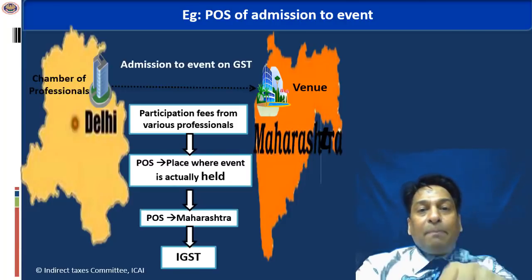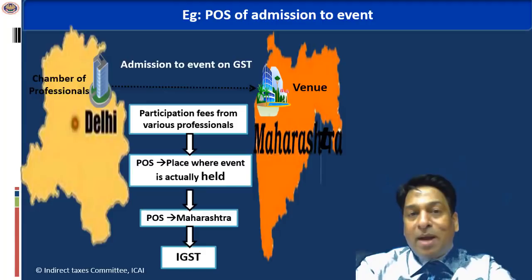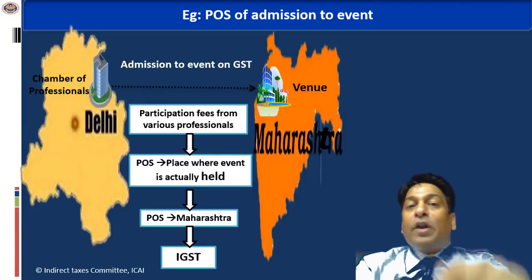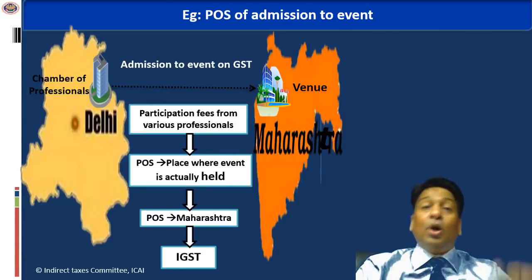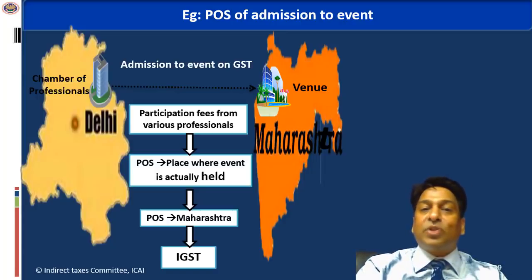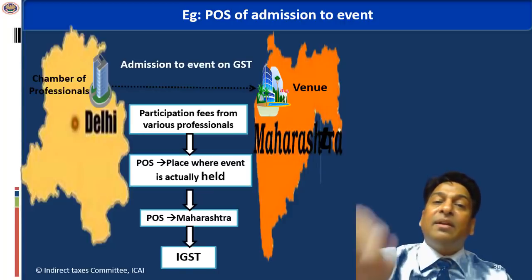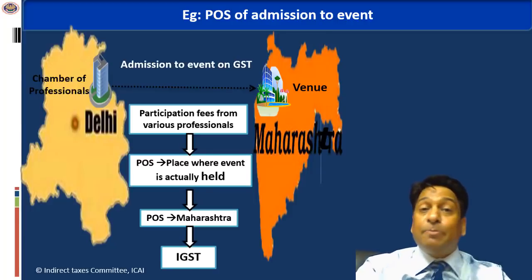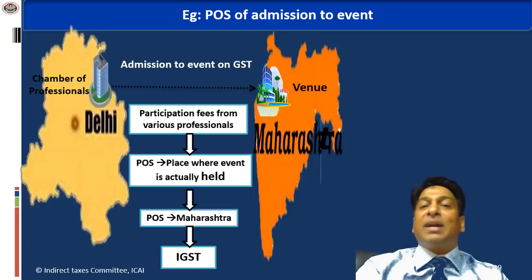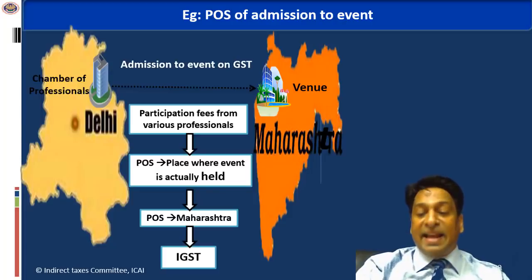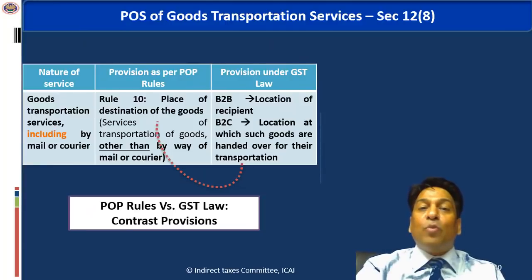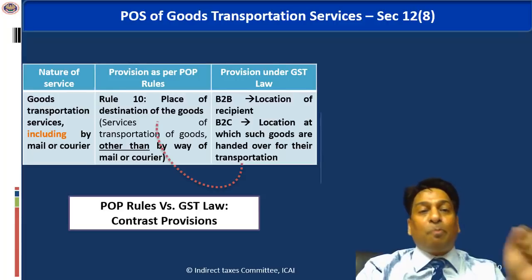So a supplier registered in Maharashtra gives services of organization of this event to PhD Chamber of Commerce registered in Delhi. B2B transaction. The transaction would be interstate, even though this event is being done in Maharashtra. If it is B2C, then it would be intrastate. CGST and SGST leviable. Having said that, I'm now moving to section 12, subsection 8, which talks about place of